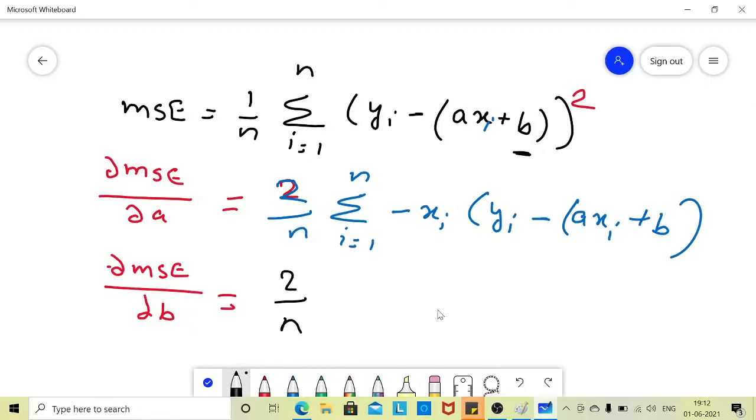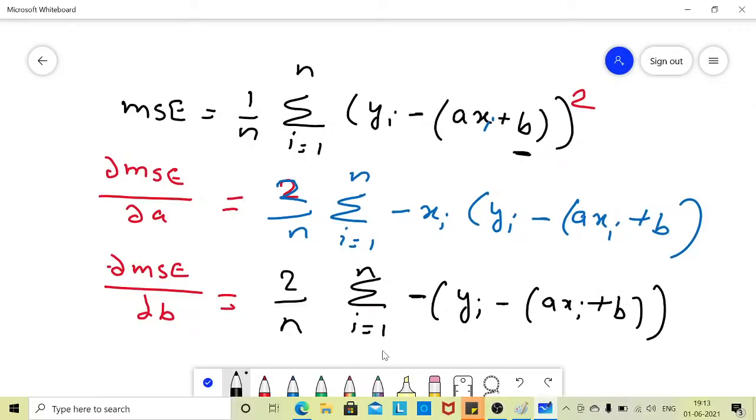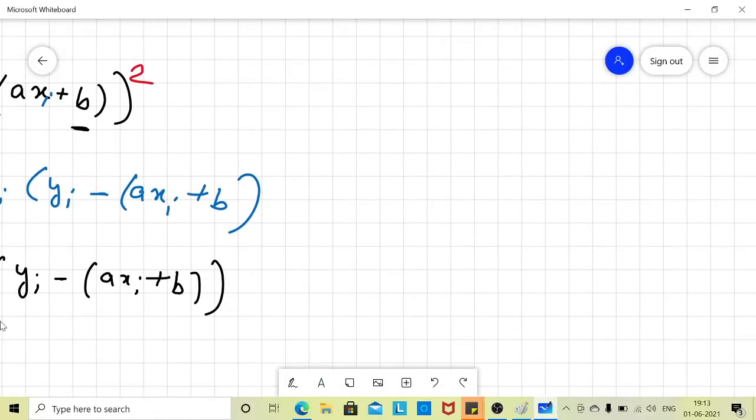With respect to b it is simply summation i equals 1 to n, and then I can write minus y of i minus a of x i plus b. Okay? These two equations we will get with the help of partial derivative, and these are our slopes. Now we will see the learning rate. How will we calculate the learning rate? Okay? Learning rate is basically